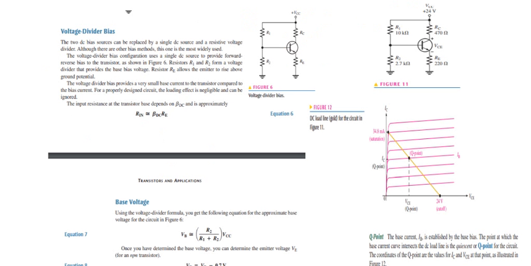Right, now we move into the biasing circuit. Particularly, we are going to design an amplifier circuit using common emitter configuration. For that, there are many types of biasing. One important type of single stage biasing is voltage divider bias. This is your NPN transistor, and these four resistances, R1 and R2, RC connected to the collector, RE connected to the emitter, and this is your VCC. This configuration is called voltage divider bias configuration.